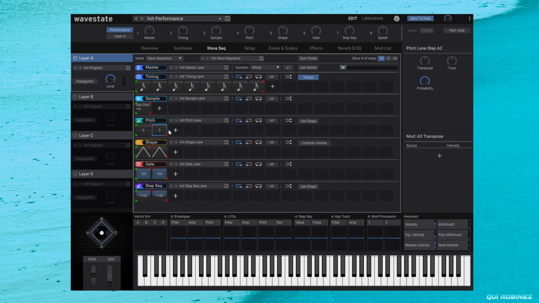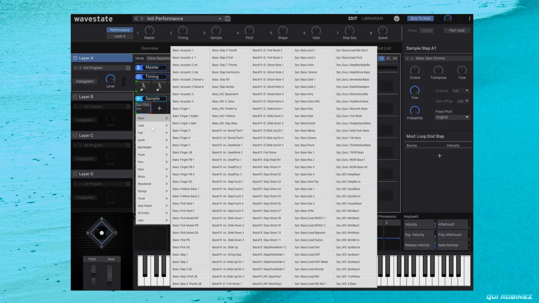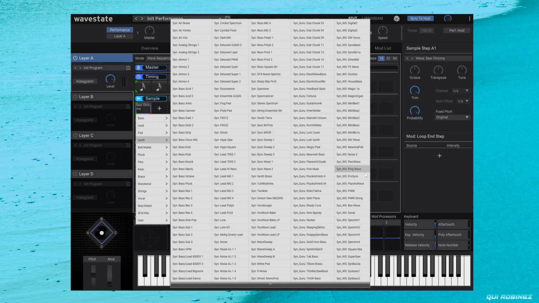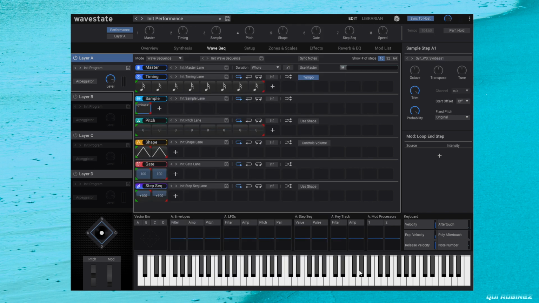And for this we also need 8 pitch slots. And set the loop points and end points accordingly. So now we have to select a sample for that, and we are going to use a standard synth bass sample. It's in the synth category and it's called synth bass 1. And when we play it now,